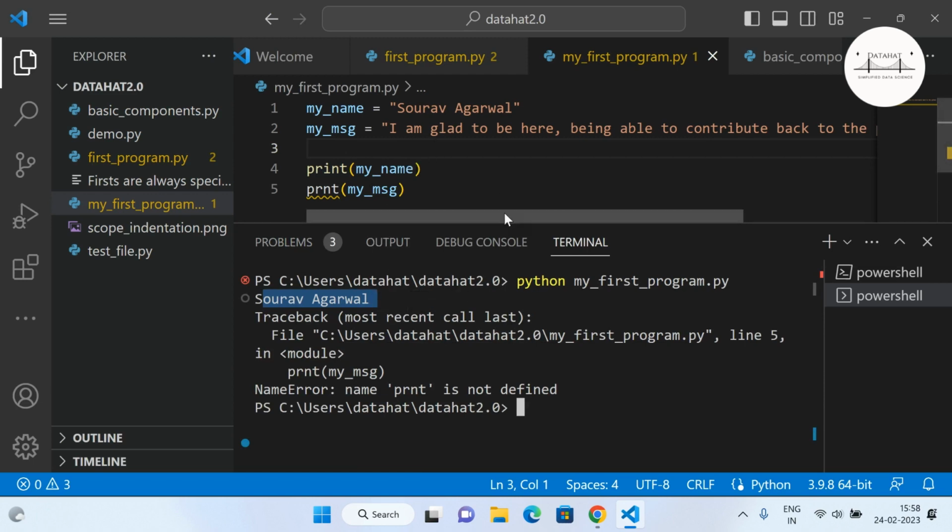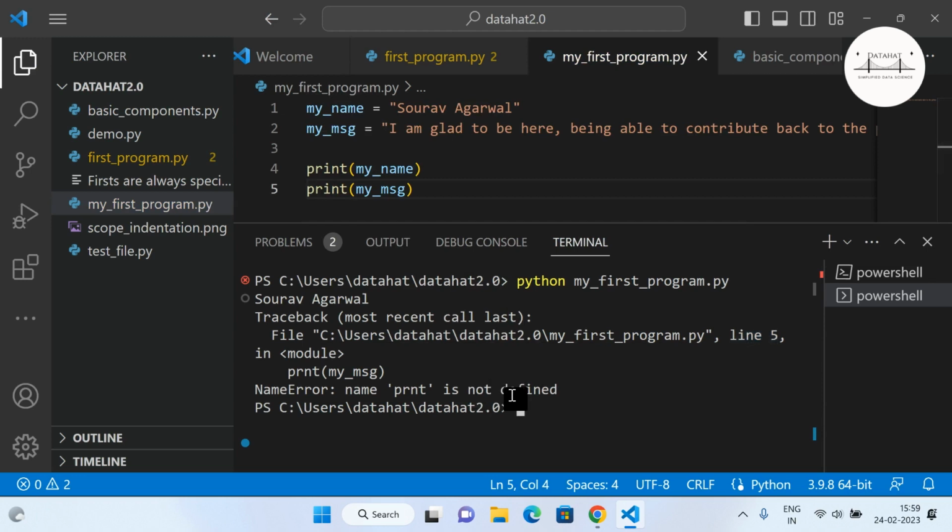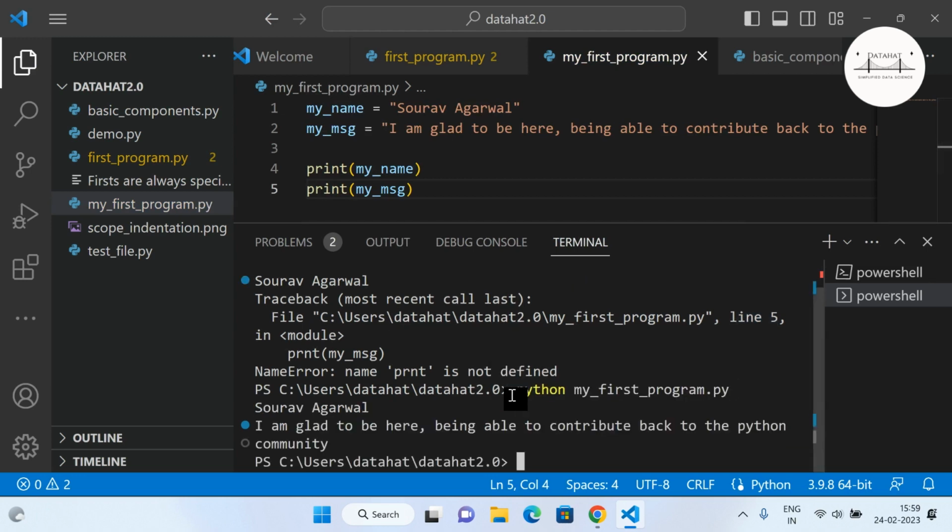So this also proves that Python is being interpreted here. It executes a line and then follows along. In a complete compiled setting during runtime, even if there is any one mistake, it would not execute any line of code there. Okay. So you see now the next is in line number 5 you have an error where name PRNT is not defined. So here we missed an I. Let us now put an I here, and now you know how to debug your programs.